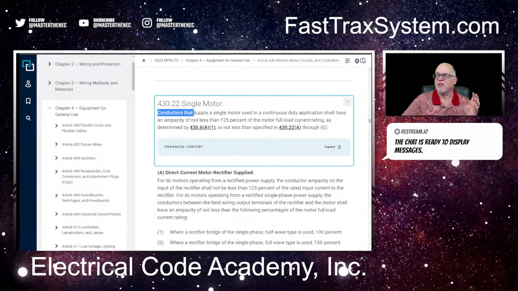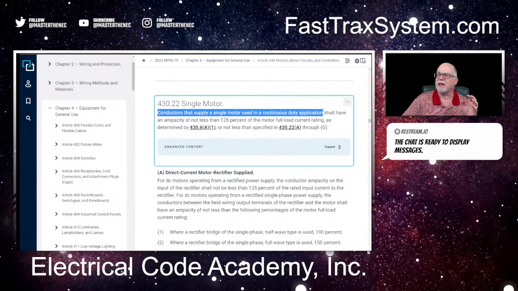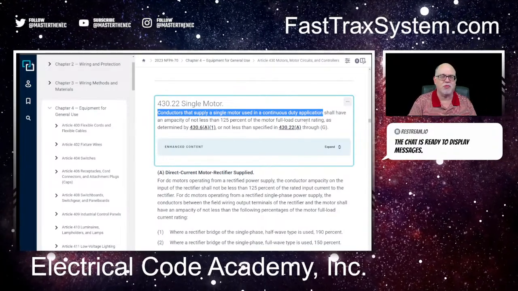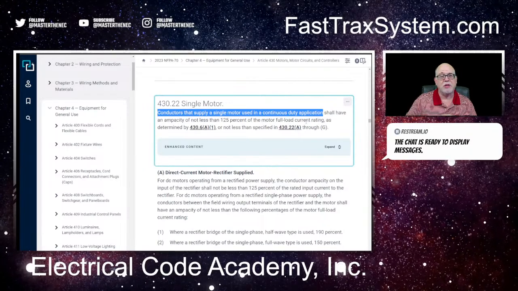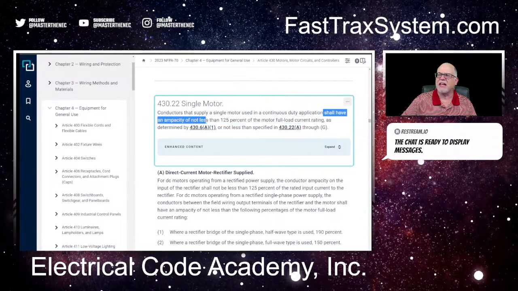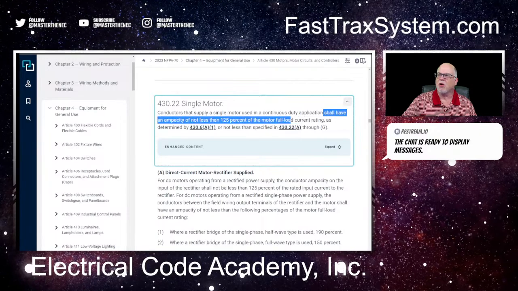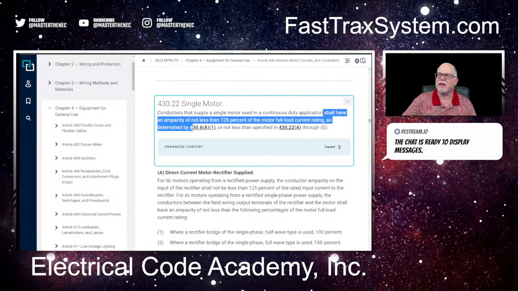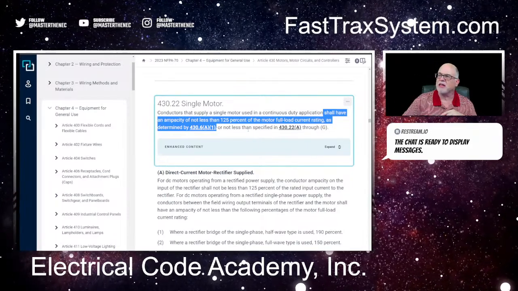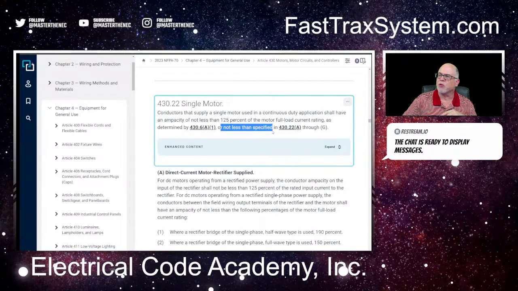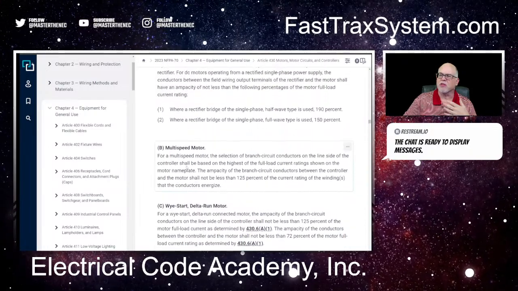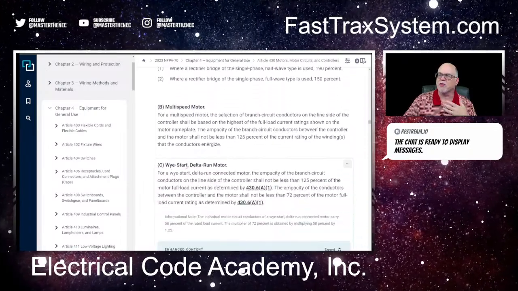It says conductors that supply a single motor used in a continuous duty application. You're going to assume it's continuous duty unless they state otherwise on an electrical exam, but typically it's going to be continuous duty in most of your calculations when it comes to motors. It says shall have an ampacity of not less than 125% of the FLC, the full load current rating as determined in 430.6(A)(1), which tells you what tables you can use to get the FLC, or not less than specified in 430.22(A) through (G). And there are different conditions here for different types of motors, like multi-speed motors, direct current motors,